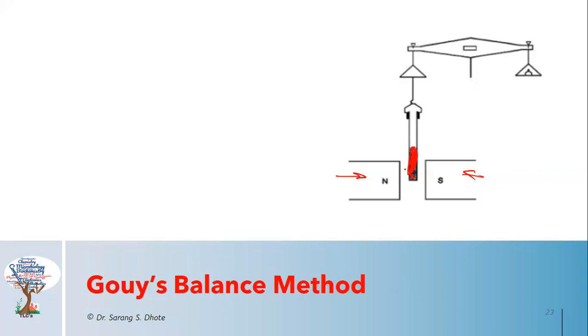The cylindrical tube will be attracted in the magnetic field in the downward direction if the substance is paramagnetic, और substance अगर paramagnetic होगा तो नीचे की तरफ शिफ्ट होगा, अगर suppose substance अगर diamagnetic है तो ऊपर की तरफ शिफ्ट होगा, in the upward direction. The weights are added or removed from the pan of balance to bring the beam in horizontal position. That means ये वाला जो पोर्शन है यहाँ पर आपको वेट रखना है. अगर सपोज नीचे अगर जा रहा होगा तो आपको यहाँ पर वेट ऐड करना पड़ेगा, सो दैट ये जो बीम होता है ये सेंटर पे.